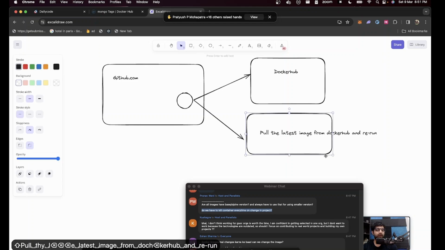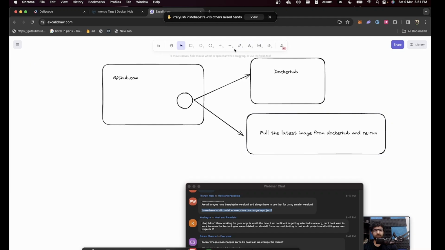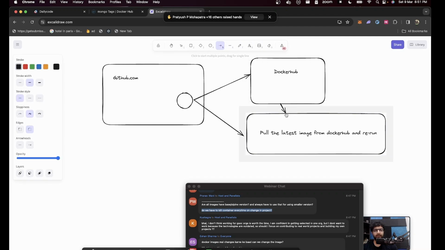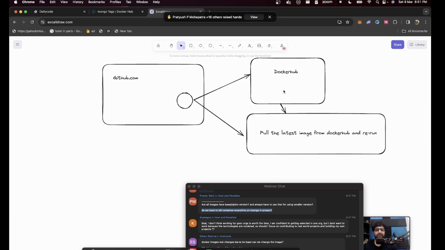We did this in the last cohort. Might do it in this cohort as well. That was what we did in CI/CD last time. But yeah, every time there's a new commit, a new image is created, and then you pull it again. Harkiyat, every time there's a new commit, a new image is created.